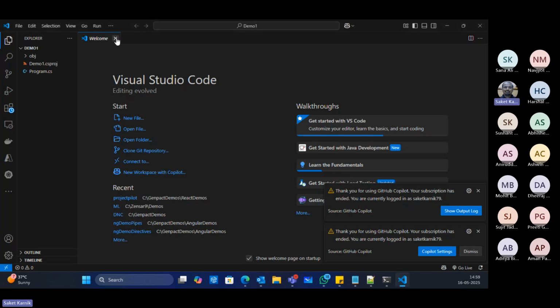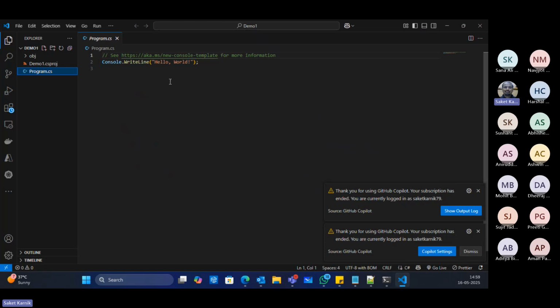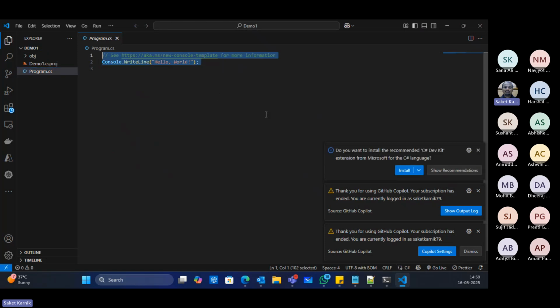Yeah. So the project is open and Program.cs currently contains only the hello world code. Now what I'm looking for is some function to be generated over here. For that, I would like to have a new file created first of all.